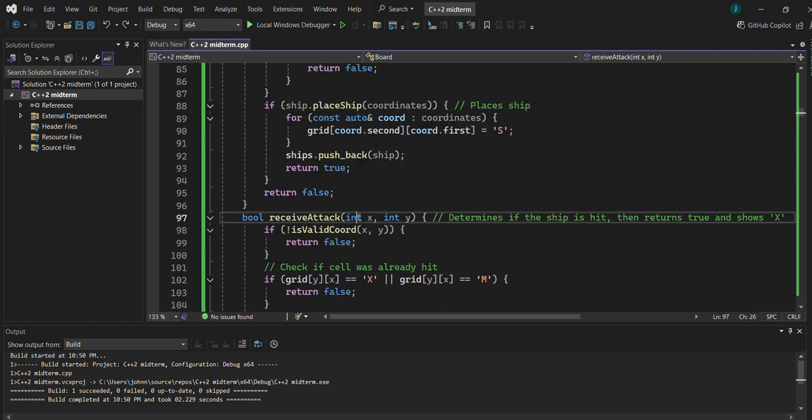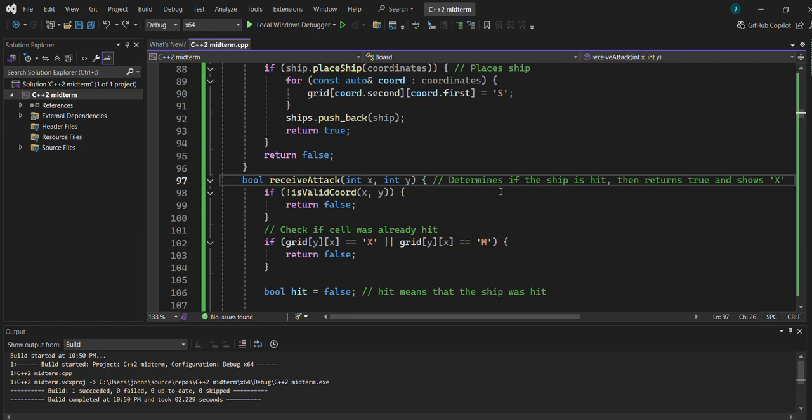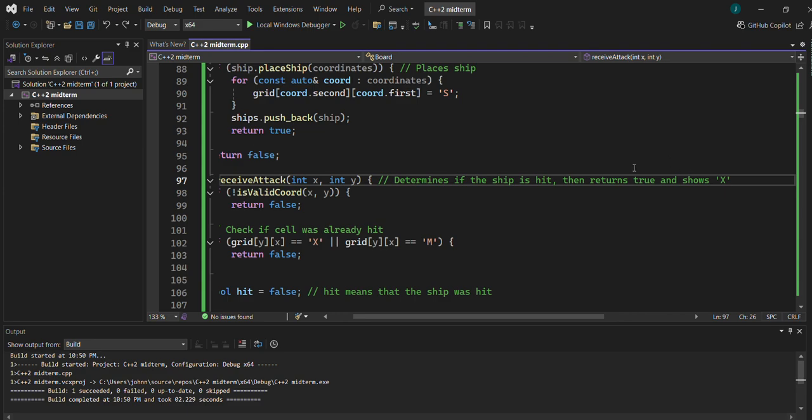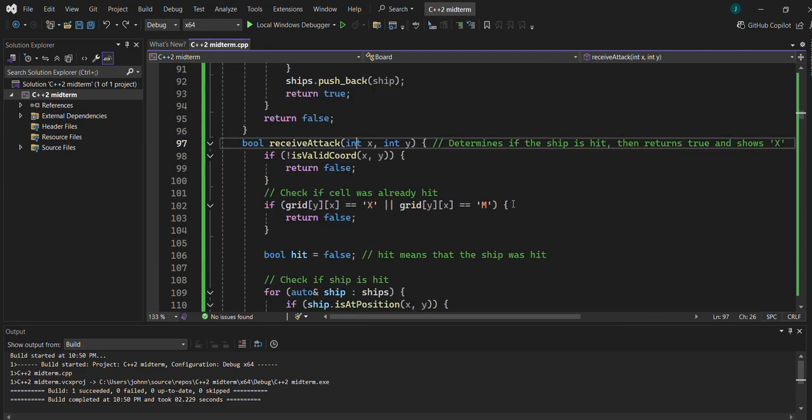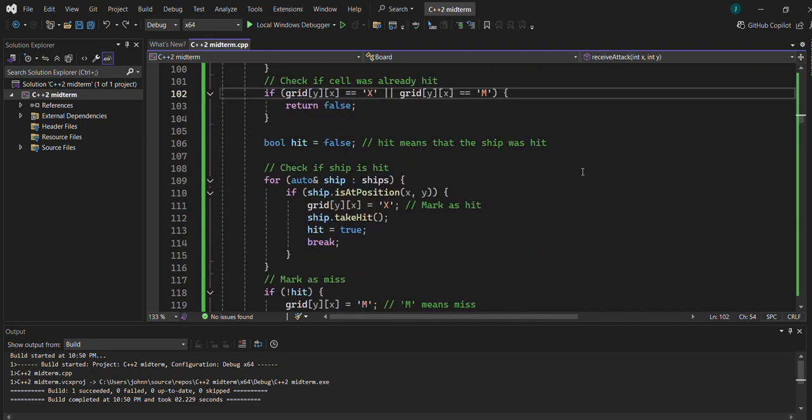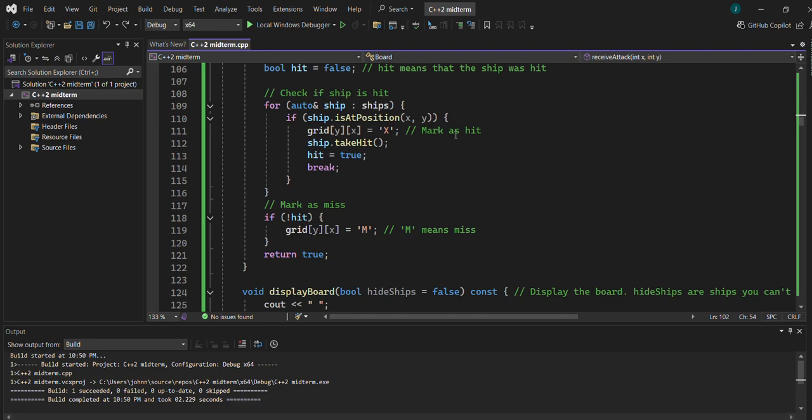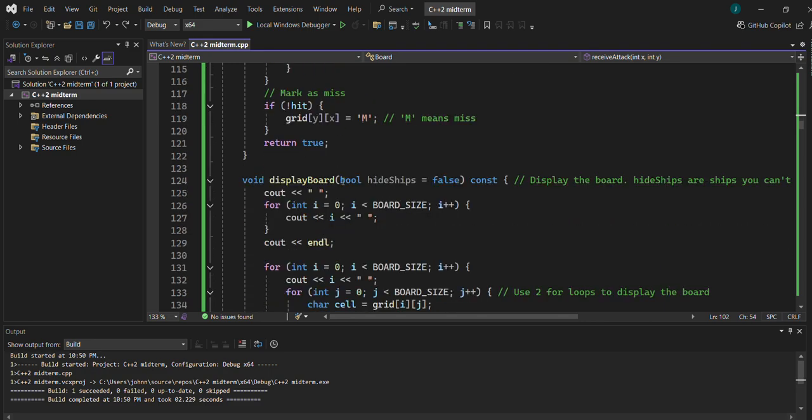I receive attack, and here I decrease, or receive attack I keys, I see, and I determine if it's hit or not, and then I show X. I use it for the grid, M or not. M means miss, by the way, and so yeah, M means miss, and so a